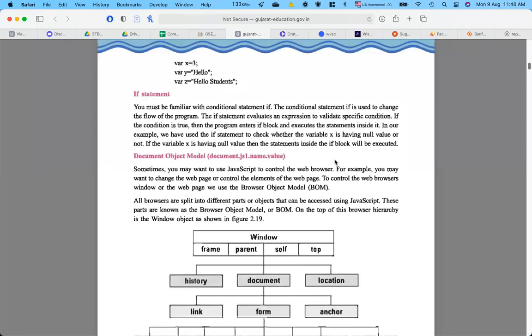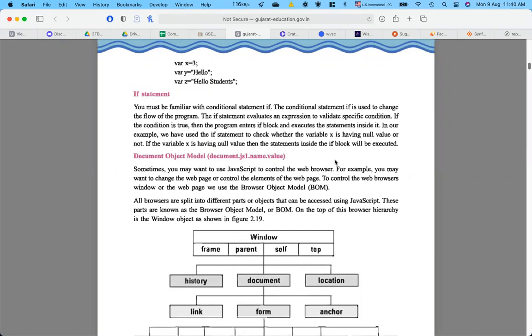What is the actual meaning of conditional statements? These statements work based on conditions. Suppose a particular condition is true, then some set of things has to be done. If some condition is not true, then another set of instructions has to be done. So this type of statement, which is dependent on a particular condition to be executed, is known as a conditional statement. And there is a list of different types of conditional statements. Among them, the easiest, and what we are learning right now, is the if statement.